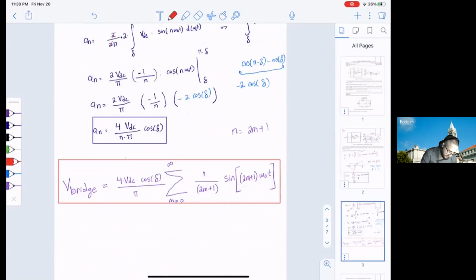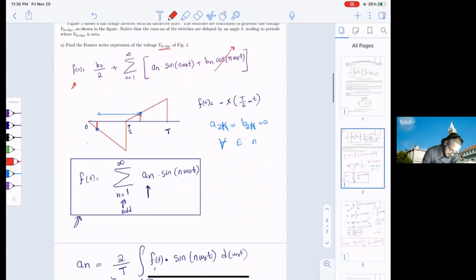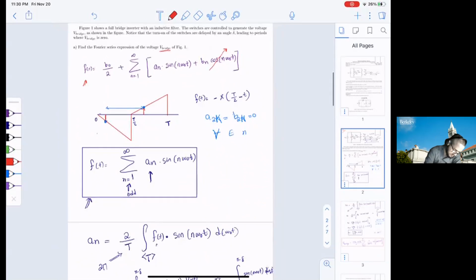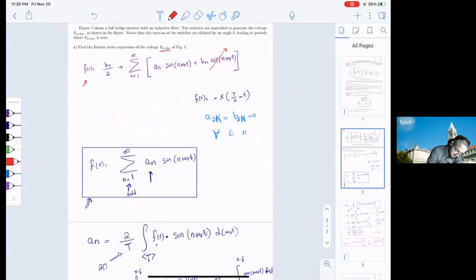And we found this is the expression. I'm going to clean up some of this, which is not necessary to have. So I'm just going to write down right here that this is